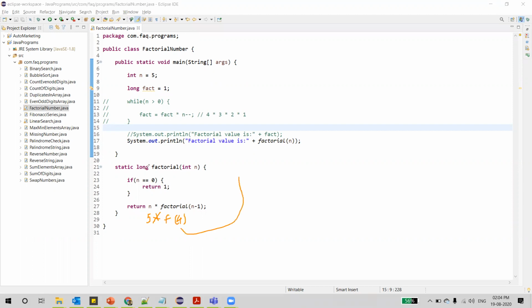So what should happen? Again, this method will be called, and as this time n is 4, is 4 equal to 0? No, the condition is false. So it will come to this statement. It will return this time 4 into factorial of 3. Again, the same function will be called with n value as 3. This condition will be false. Then f of 3 will be calculated: return 3 into f of n minus 1, which is f of 2. Then again, the method is called for factorial 2. To calculate factorial 2, it will be 2 into factorial of 1.